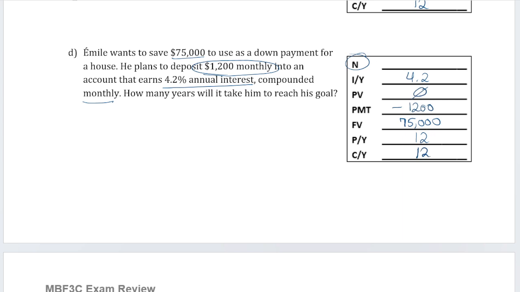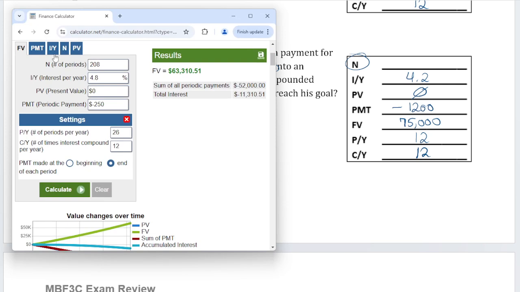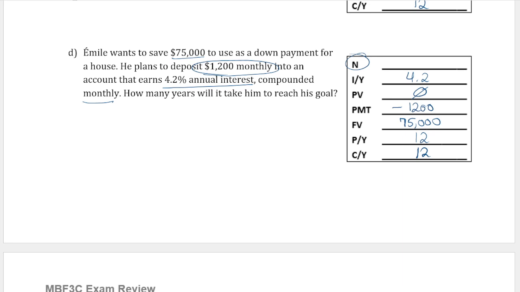And we can't just directly solve for years, but we can solve for N, the number of payment periods, and then figure it out from there. So this time we're solving for N. 4.2%, 0 present value, $1,200 per month. We want 75,000. Payments and compounding is both monthly, so we get 56.62. N is equal to